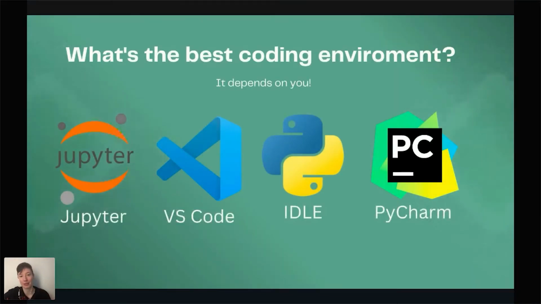What's the best coding environment? So here's some options that we have on the screen. We've got Jupyter, we've got VS Code, we've got Idle, we've got PyCharm, all these coding environment options. So which is the best one? Well, coding environments are a little bit like a word processor. If I wanted to write a scientific essay, I could open the Notes app on my phone and I could start typing it like that. I could open Word, I could open a different word processor. I could do it in PowerPoint if I wanted to, but